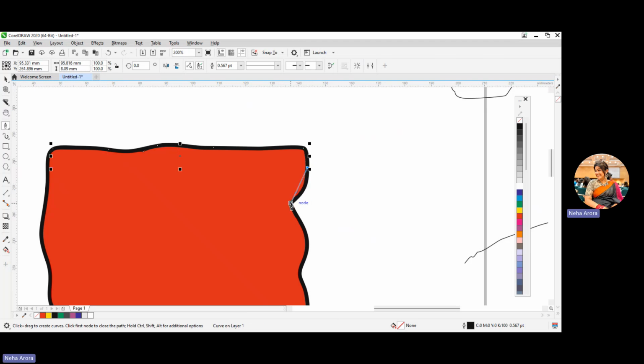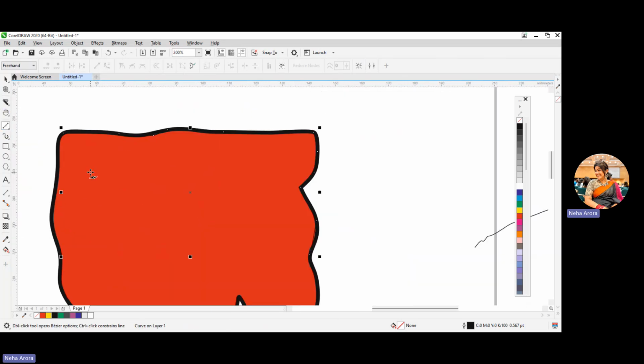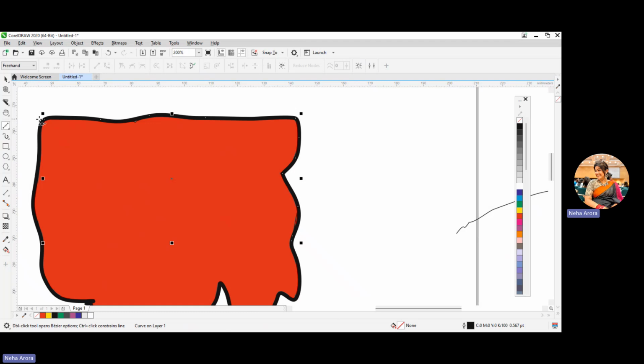I mean, if we work with Bezier here, that will be better. Pen is just working like a pen, and with a double click, you can just leave. And similarly, if I'm doing it with the Bezier, you guys can see that